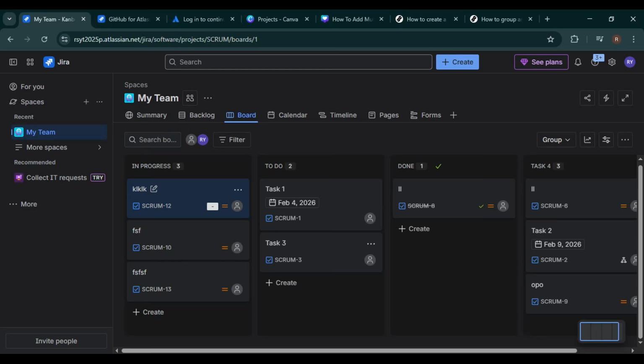In today's video, I'm going to show you how to group and ungroup objects in drawio when you're working inside Atlassian Confluence or Jira. This is a simple but extremely powerful feature that can save you a lot of time when you're building diagrams, process flows, or architecture maps directly inside your Jira issues or Confluence pages. If you've ever struggled with moving multiple shapes together or accidentally breaking a diagram, this guide is exactly what you